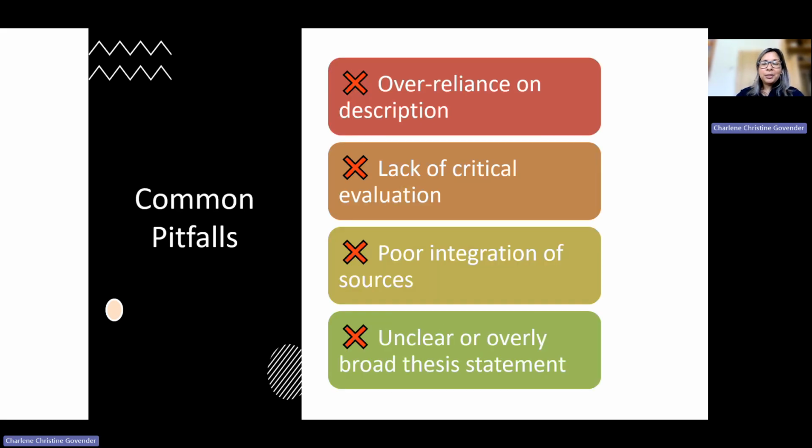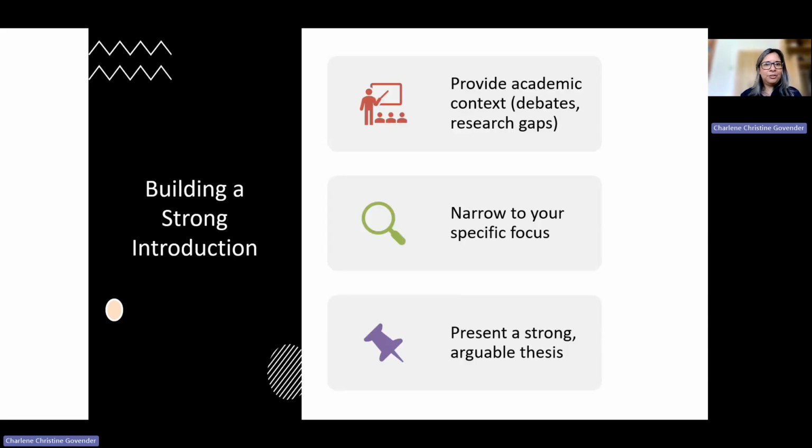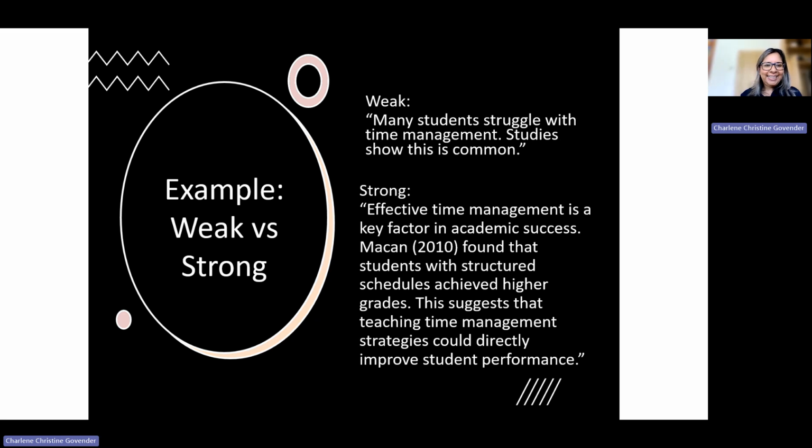Okay, so let's talk about common pitfalls that I, of course, have experienced in my academic journey. And some of the most common ones are, surprisingly, an over-reliance on description. Now, you may say, I'm not describing things. It's not an English literature essay where I'm talking about the nuances of the sunsets and the orange hue and the pink hues. I'm not doing that. Why would you say description? Okay, so I just want to go back to illustrate my point for the weak.